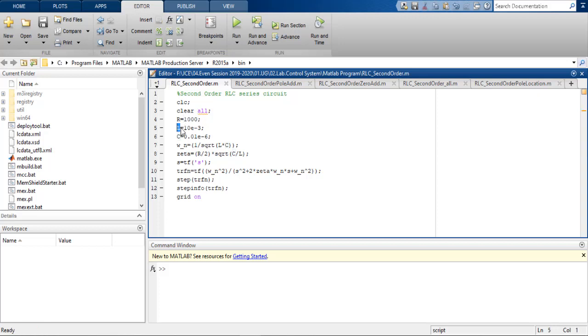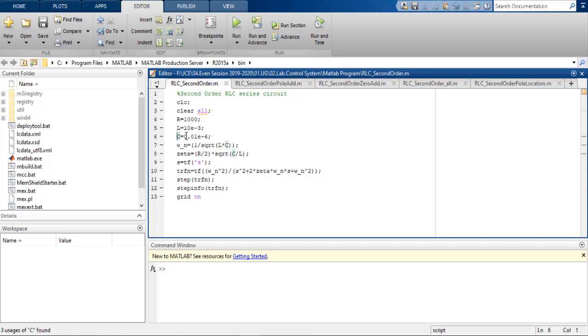We named the variable L, which contains data of 10 to the power minus 3. You can notice that 10 to the power e minus 3 is the MATLAB style of writing 10 millihenry, or 10 into 10 to the power minus 3. E minus 3 is 10 to the power minus 3.